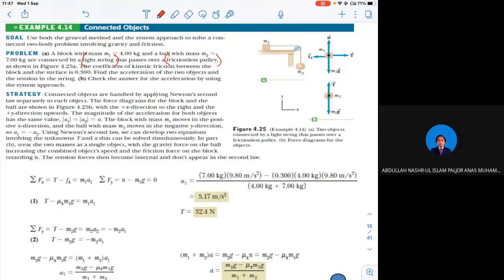This is a very good indicator of what I'm just saying now. As shown, the coefficient of kinetic friction between the block and the surface is 0.3, so mu k is 0.3. Find the accelerations of the two objects,